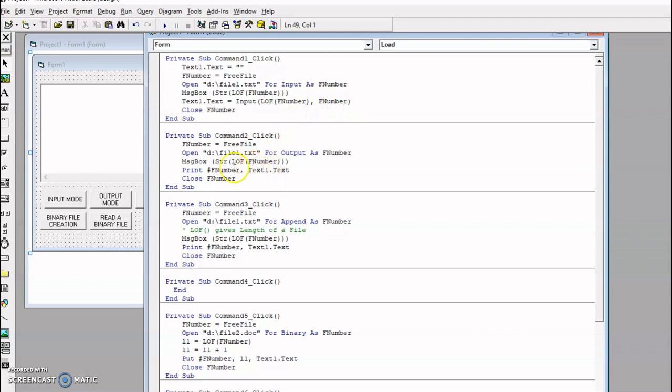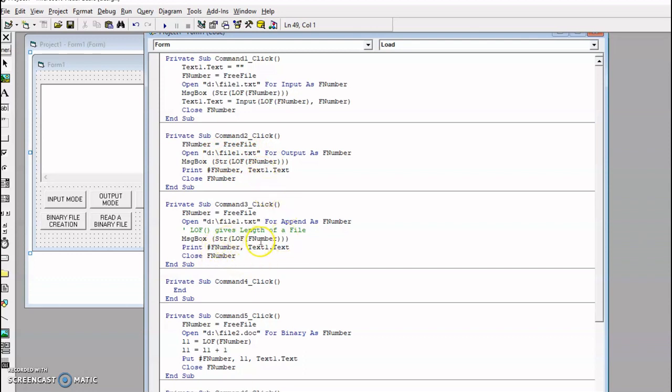Okay, and then the next coding is for creating the file in an output mode. Using the output mode, a file is created. Same syntax I used here. The Print statement takes two arguments: the file to which the contents are to be written, and Text1.text, which represents the contents we type over the text control, so that from the text control it has to take the contents. That is the meaning of the second argument. Text1.text is the source from where the contents are to be taken and written into the file1.text.